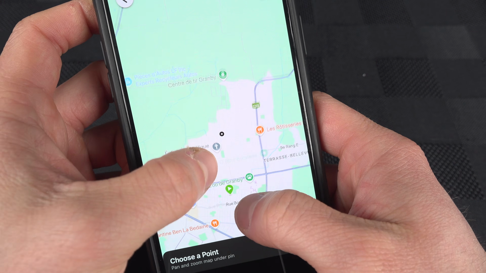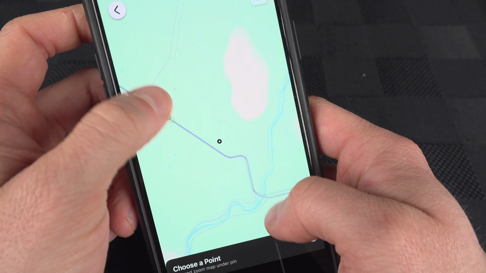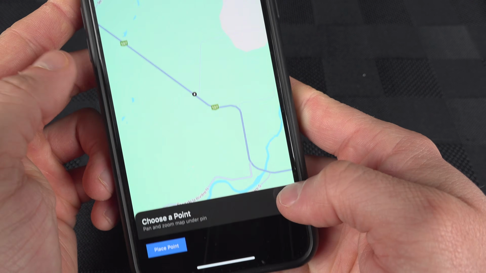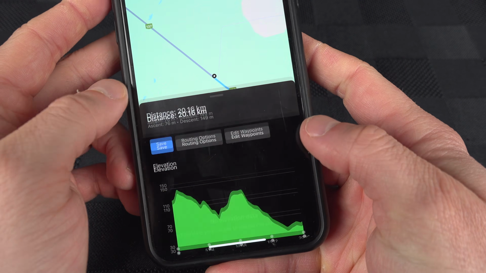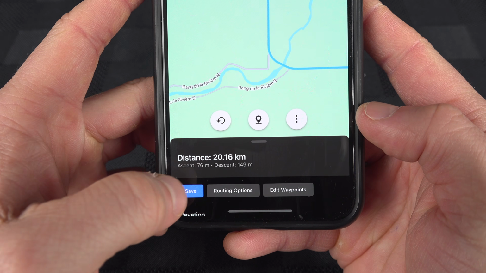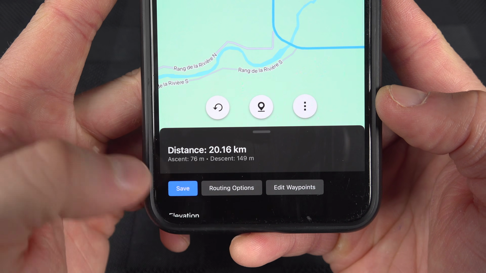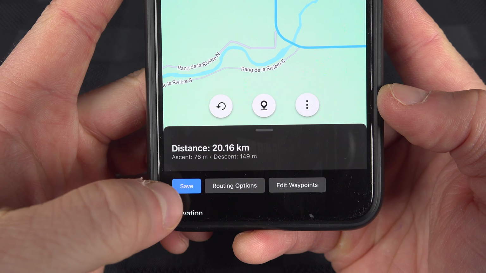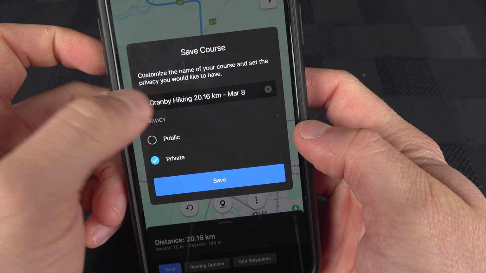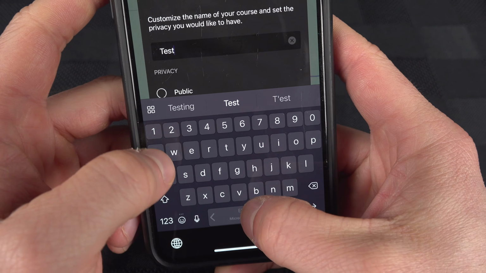So let's say that I want to go there. Place point. And now I will have a line between those two. So I know that this will be 20 kilometers. There will be 76 meters of ascent, 149 of descent, and I can save that. I will name that activity test 3